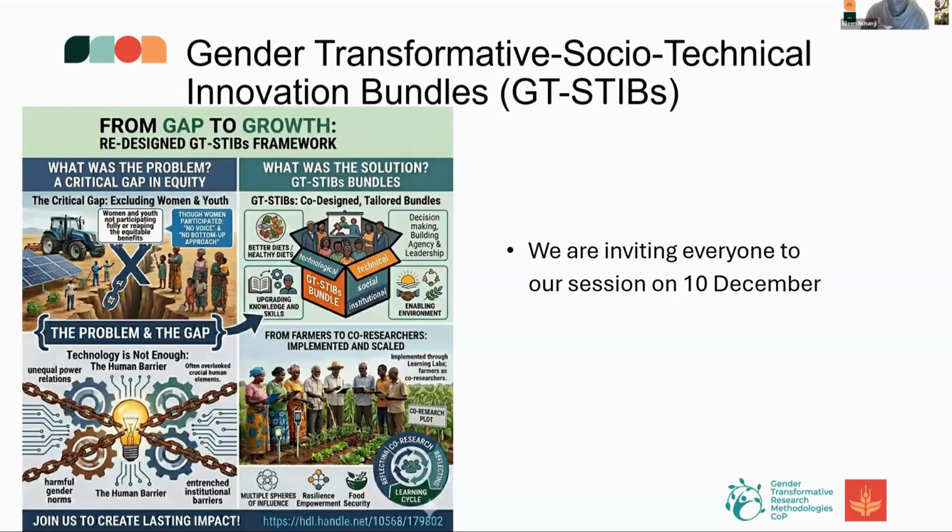co-implementers in the field. And we're seeing good benefits, especially when we talk of resilience, when we look at food security, we have fewer food-insecure months, we have more women making decisions at home. We are adapting more to the shocks, absorbing the shocks, especially now with the climate changing everywhere. So please, if you want to learn more on how to not think only of the technologies, but bring in the social, the policy enabling environment,